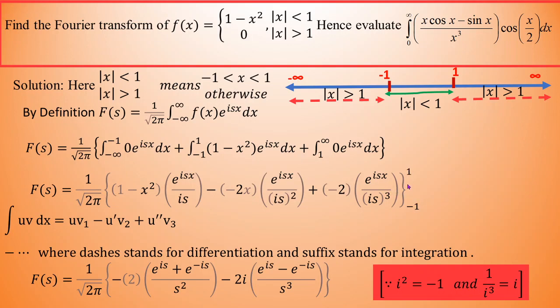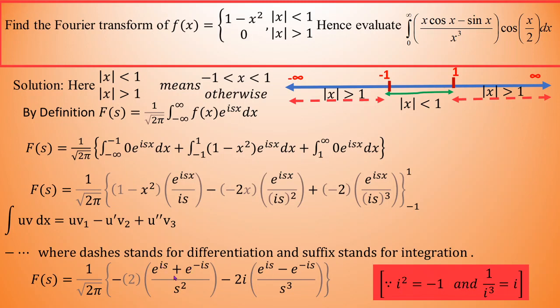Now integration is complete, so we can apply the upper as well as lower limit. You can see here when I put the lower limit as well as the upper limit, the first term completely vanishes. So I will have the simplification only because of the second and third term. On putting the upper limit as well as the lower limit, we will have such type of simplification. See here, I will have the term 1 by i cube, which is nothing but i, and i square is minus 1. These two are standard formulas we are going to use for simplification.